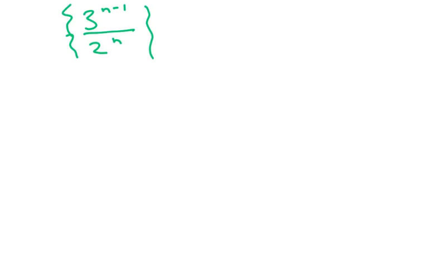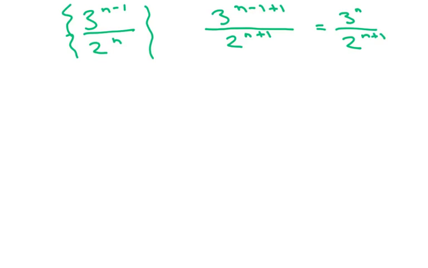So my next term would be 3 to the n minus 1, then you have to add 1. And the denominator is going to be 2 to the n, and you have to add 1. So this is going to be 3 to the n, and the denominator is going to be 2 to the n plus 1. So when you do your common ratio, we're going to do our next term,